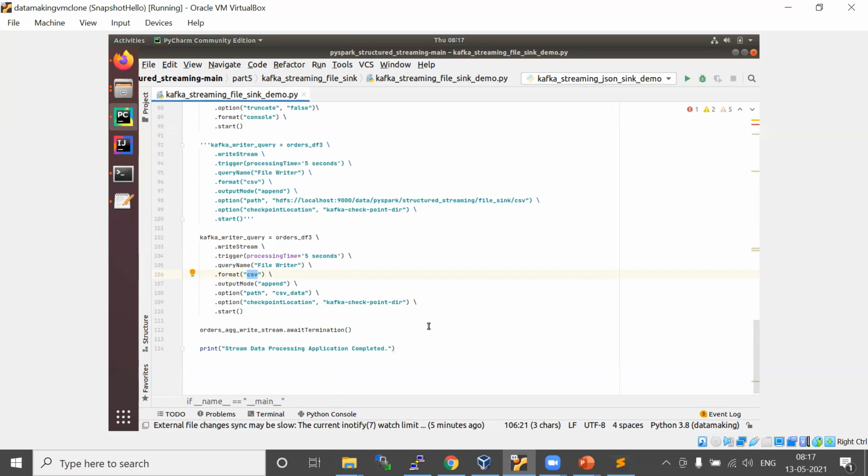For example, midnight 12 o'clock, or early morning 6 o'clock or 4 o'clock, whatever time. So you need some scheduling tool to schedule your PySpark job. There are a couple of options available in the market. One is in Hadoop, a component called Apache Oozie, which is used for scheduling your Hadoop or Spark jobs.